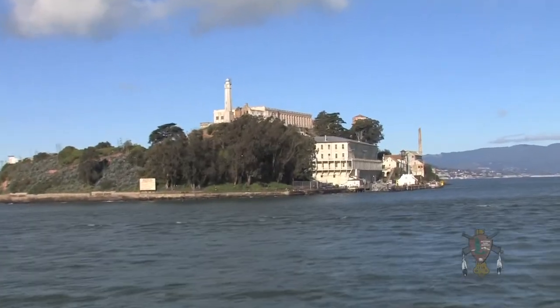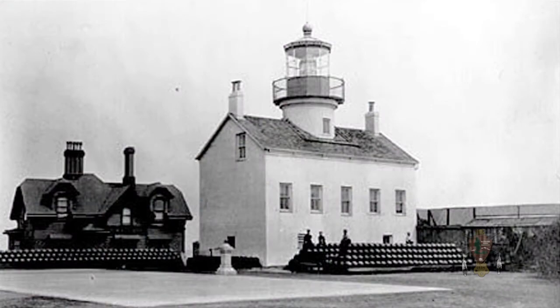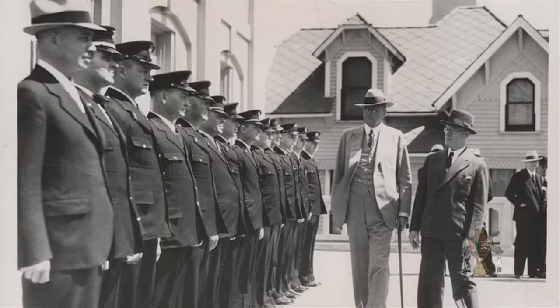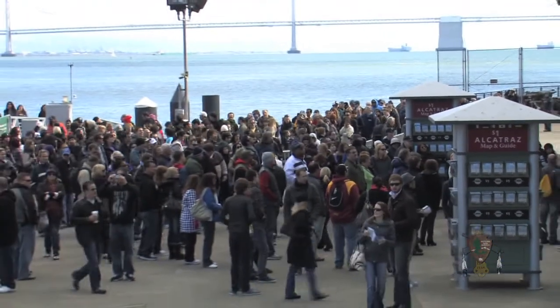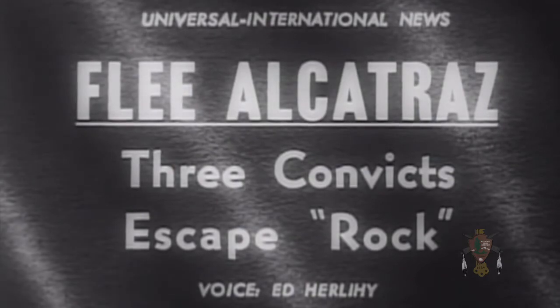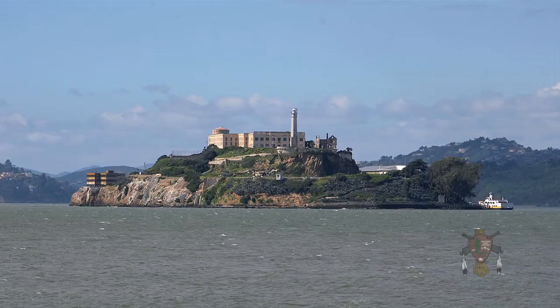Alcatraz Island, home to the first West Coast lighthouse, a U.S. Army fortification and disciplinary barracks, a federal penitentiary, and today, a national park. Although the sensational stories of Alcatraz's notorious inmates and escape attempts are legendary, much of the island's history is still